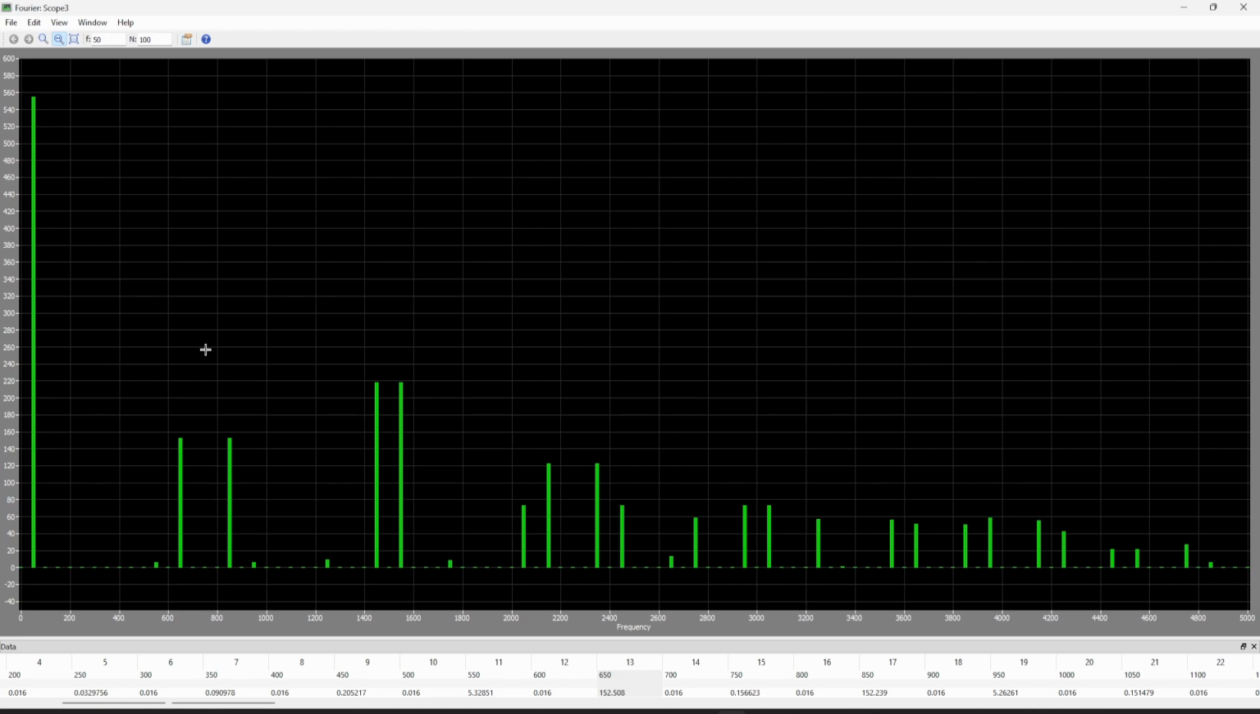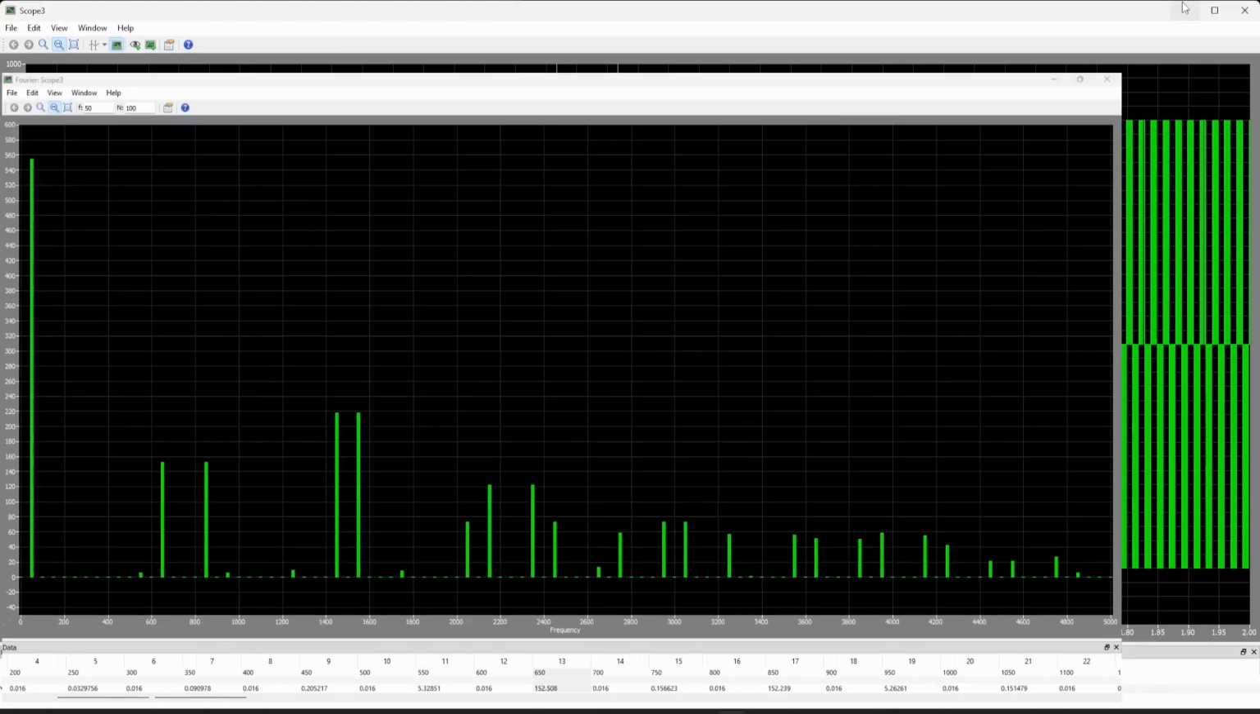If we use the PLECS inbuilt FFT analysis, it will always give you the peak value of the voltage or current, or in general, the relevant variable. It shows the peak value of the FFT. Now, if we go back to